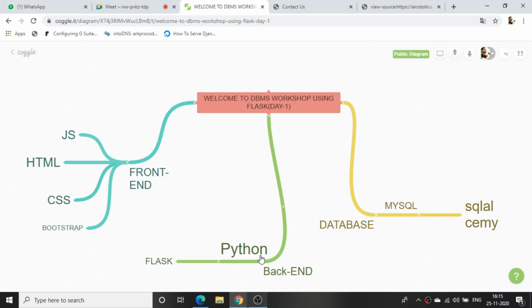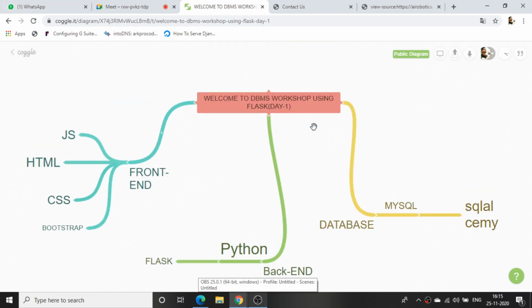If anyone asks you what kind of project this is, what you are using as the front end, what the back end is, and what the database is, these are the three questions basically everyone will ask when you are showing the project to your instructor. So you should be able to say: the front end we are using is HTML, CSS and Bootstrap, the back end is Python, the framework in Python is Flask, and the database, obviously mandatory, is MySQL, the SQL thing. We'll see all of this when we work on the project.